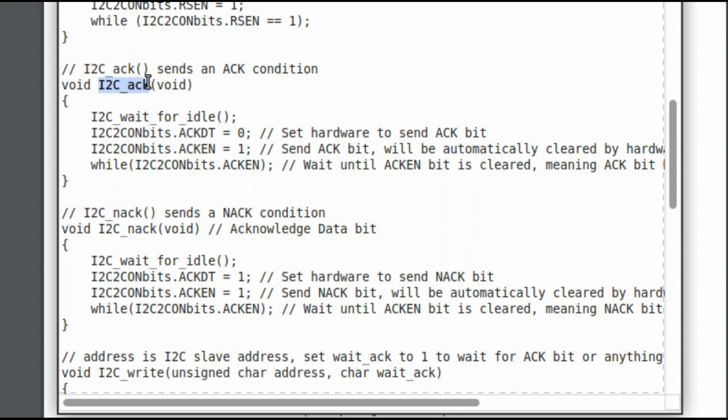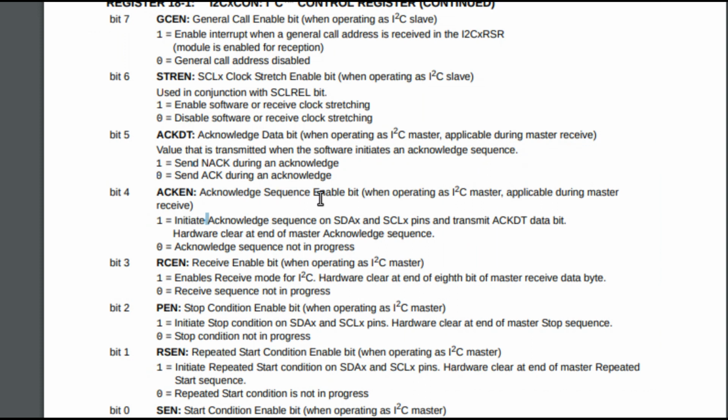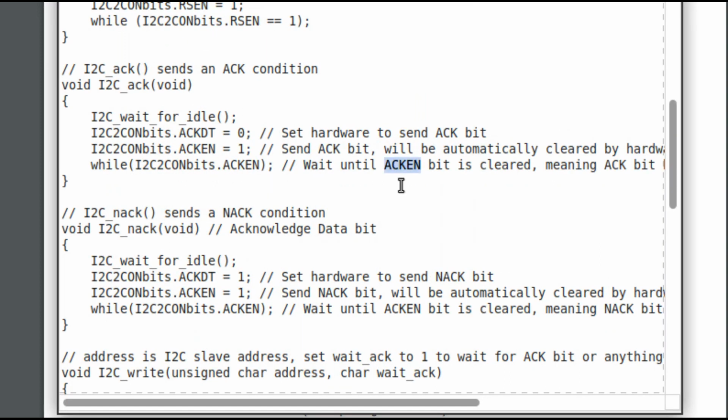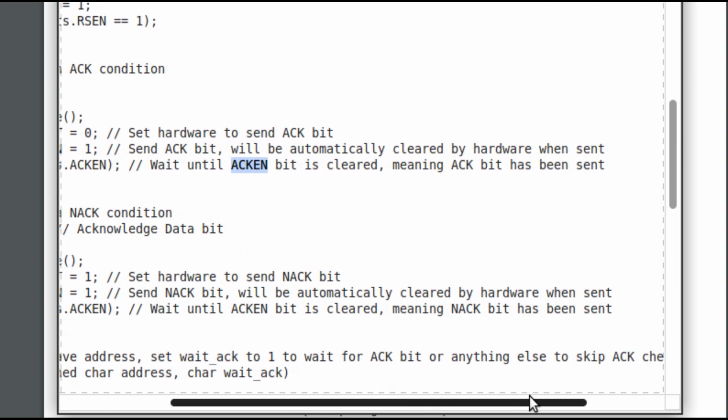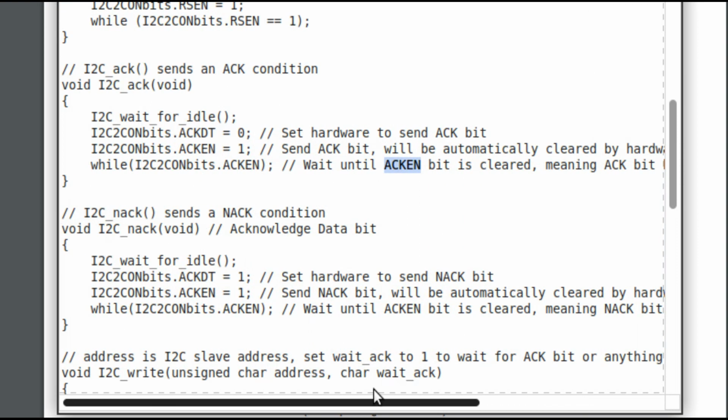Here we can see we are setting it to 0 and we are setting the acknowledge sequence enable bit. If it is 1, initiate the acknowledge sequence on the data pin and clock pin and transmit the acknowledge data bit. If it is 0, acknowledge sequence is not in progress. We set it to 1 and we are waiting until this bit is cleared, meaning the acknowledge bit has been sent.